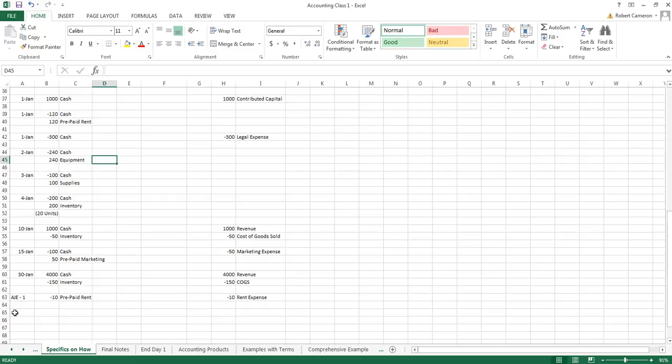So the basic idea of equipment is figuring out how long this equipment is useful, and then using some type of method to allocate this historical cost to those periods of time throughout its useful life. So there's a ton of different ways to actually do this in accounting, and it can get really complicated,